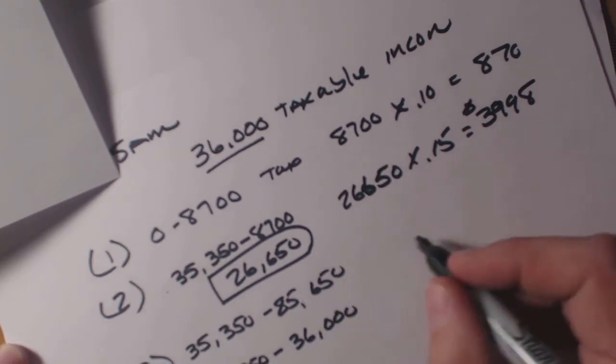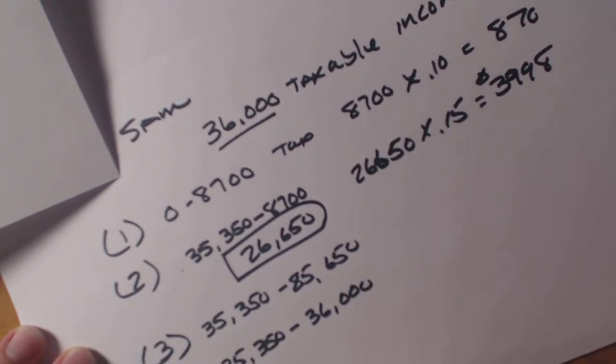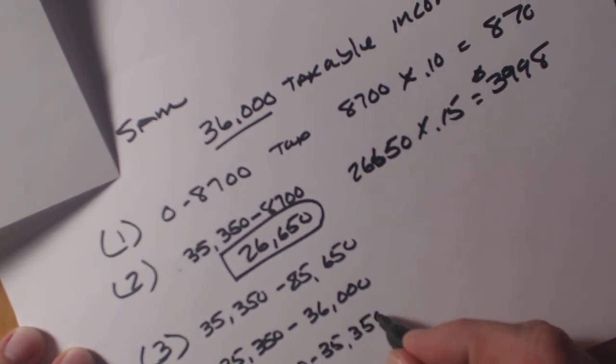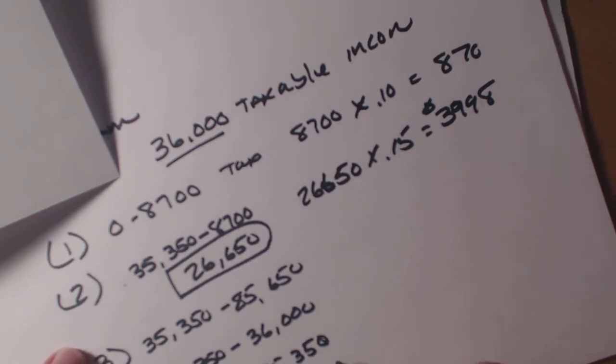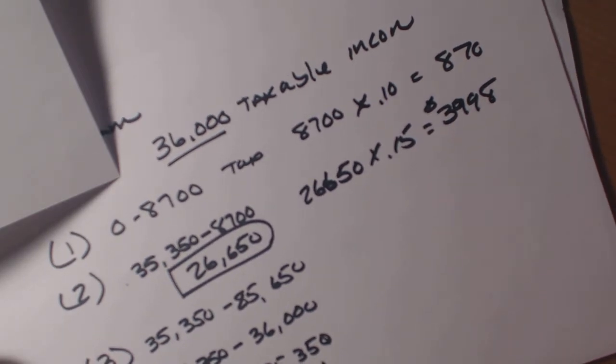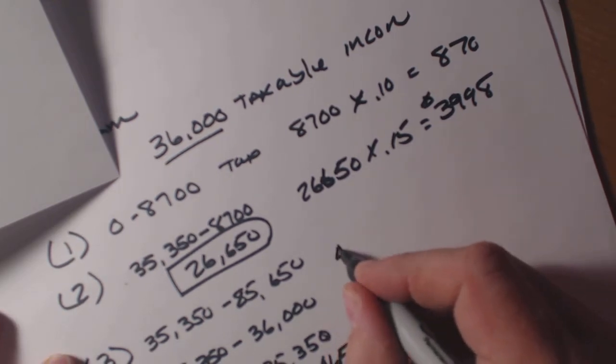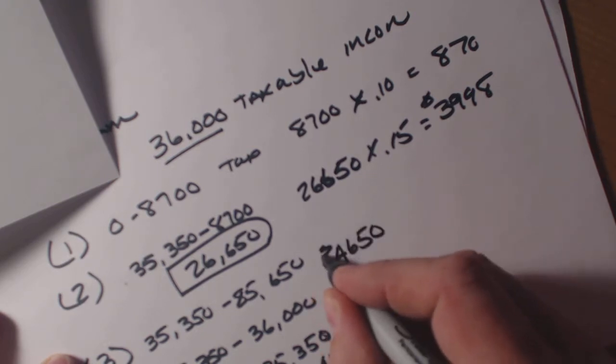So I take the $36,000 and subtract $35,350, which should be about $650 if I'm doing my numbers right. Let me just double check here. Actually, $36,000 minus $35,350 is $650. Okay, so in this category, we're going to tax